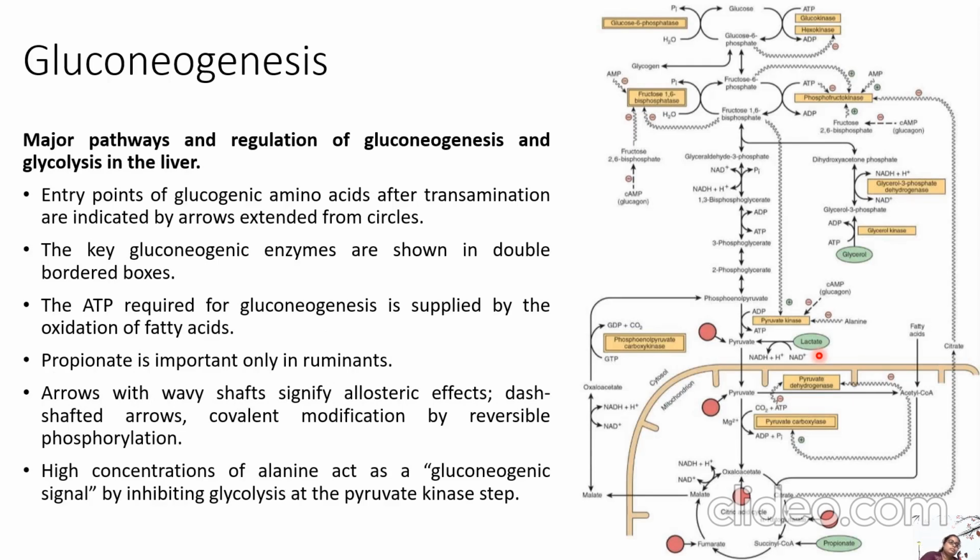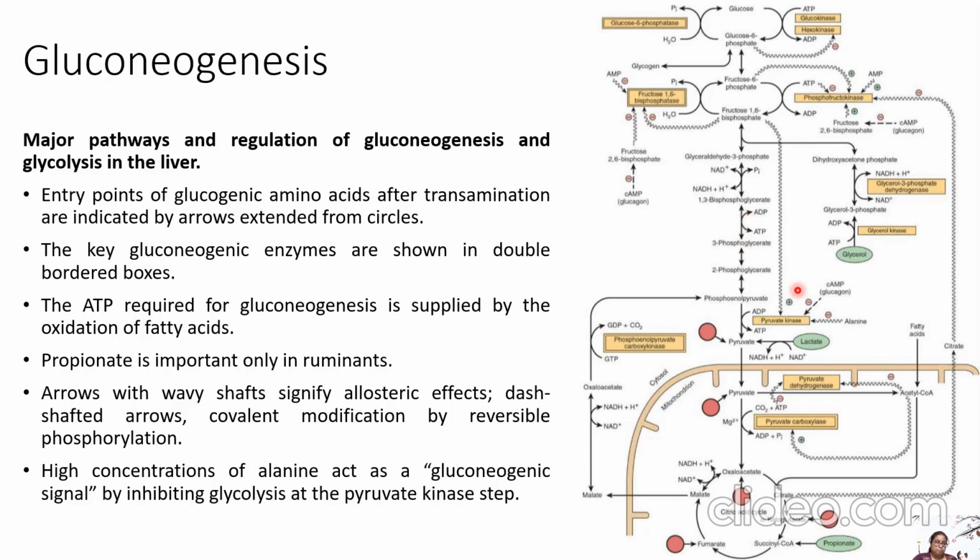Now for gluconeogenesis: major pathways and regulation of gluconeogenesis and glycolysis in the liver. Entry points of glucogenic amino acids after transamination are indicated by the arrows extended from these circles, if you can see. The key gluconeogenic enzymes are shown in the double bordered boxes. The ATP required for gluconeogenesis is supplied by the oxidation of fatty acids, and propionate is only important in